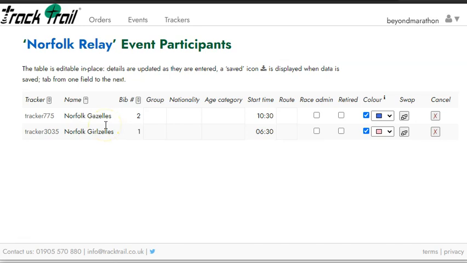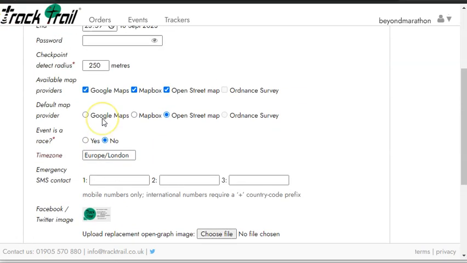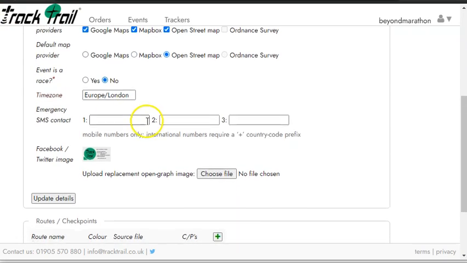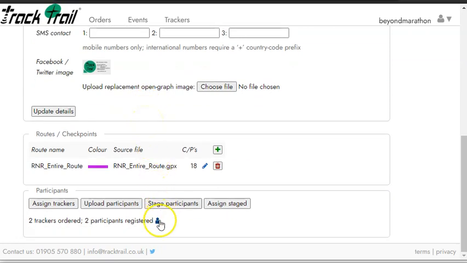So this is where you can make the changes to those. So from a basics perspective, that covers everything. All you would do is potentially just go into your event, decide if you want a password or not, add some SOS numbers, and then